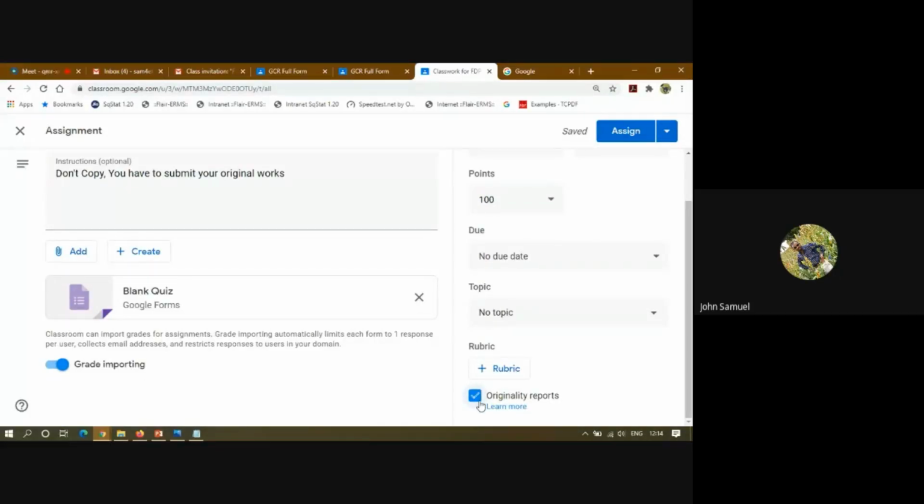For example, if you are giving a problem-based subject as a quiz, you can get the report on how the students worked out the problem, and you can ask them to write it on paper, take a snapshot and upload it, right? So you can check this originality report, and you need not worry about whether he may copy from this or that. Because we have a due period and an originality report also.